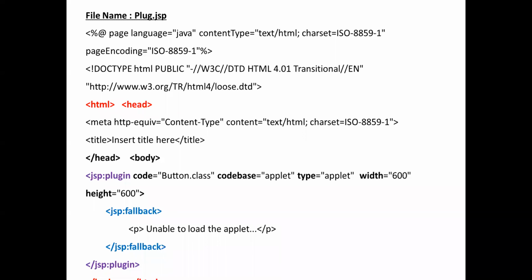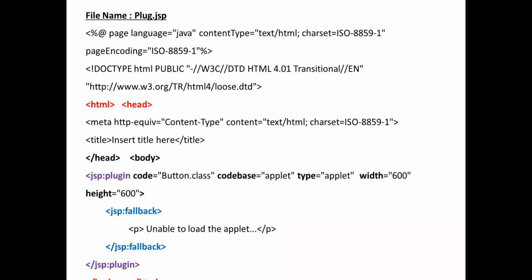So we can start with the first, that is a page language with the @ symbol, that is a percentage @ page language. I have to set the page language as Java, and the content type is text/html. So this is very, very important, because you should write which type of content is in the code.